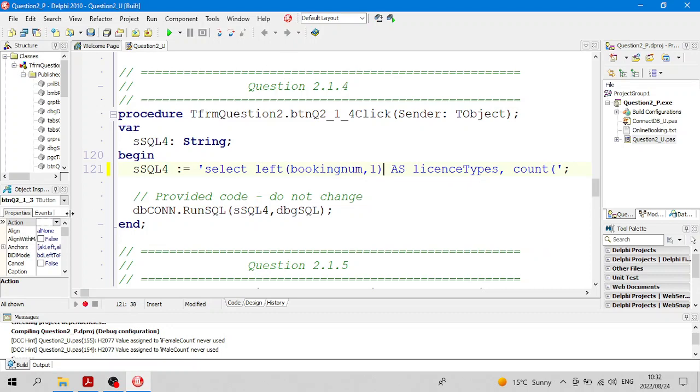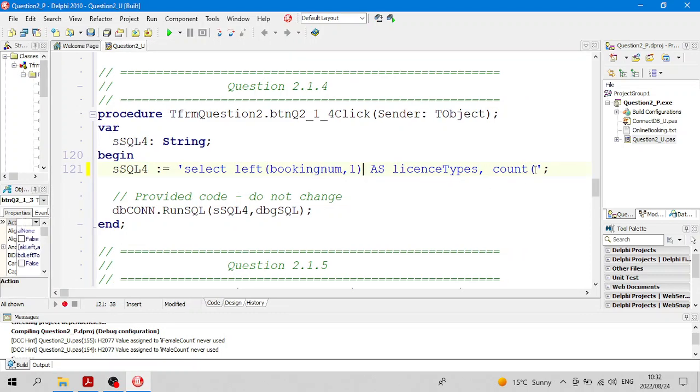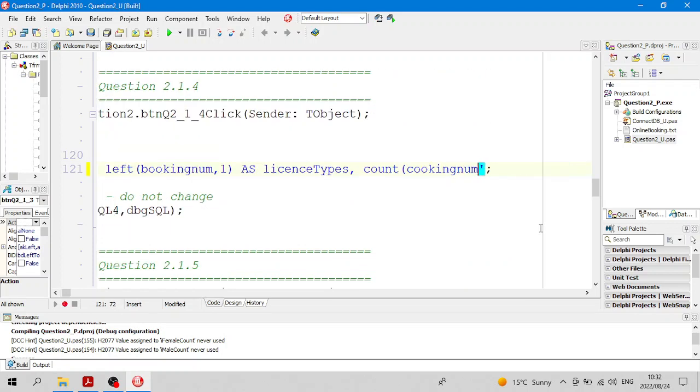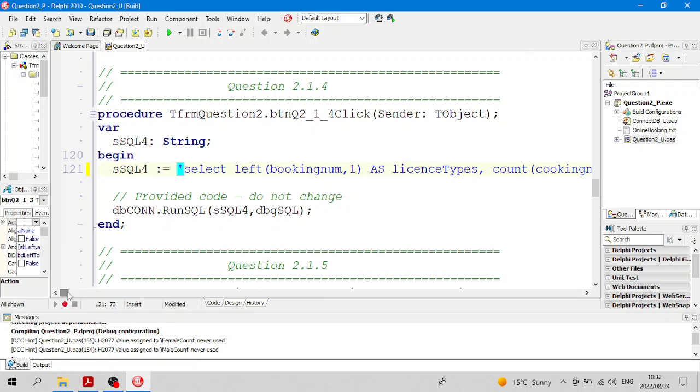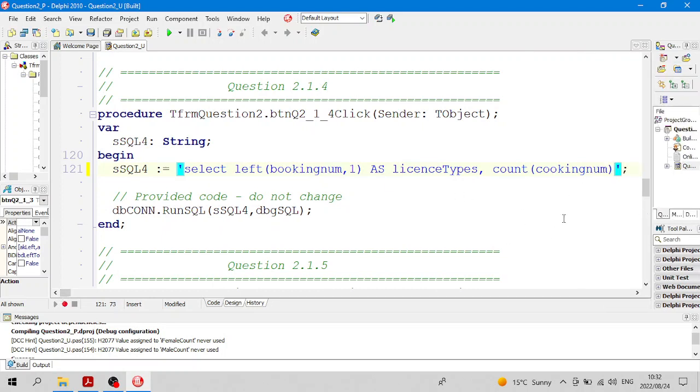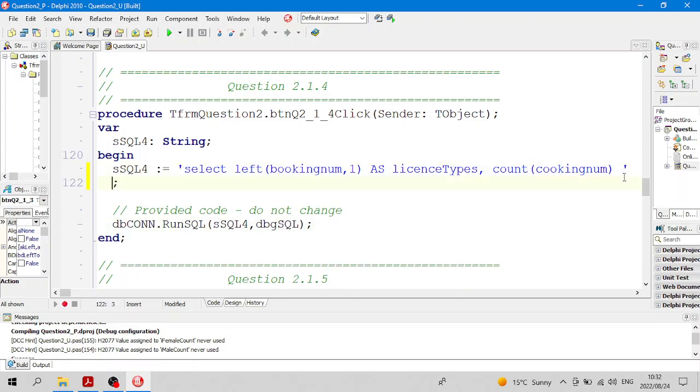I can't remember exactly, and I do not have my book with me. Anyway, count booking num. So that is basically what must be displayed. We want that first character, and we'll see if it works, and if it doesn't, then